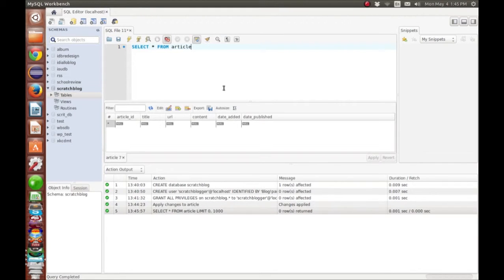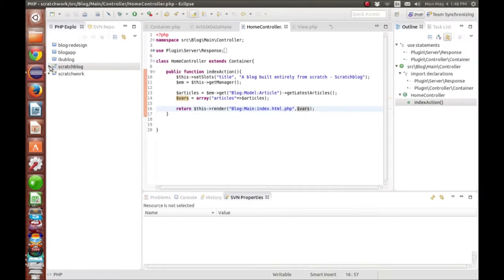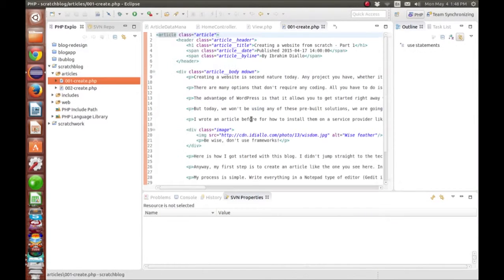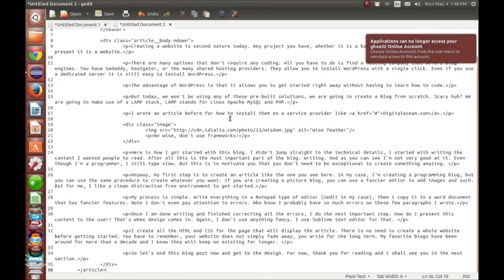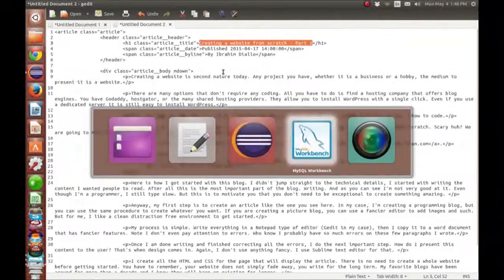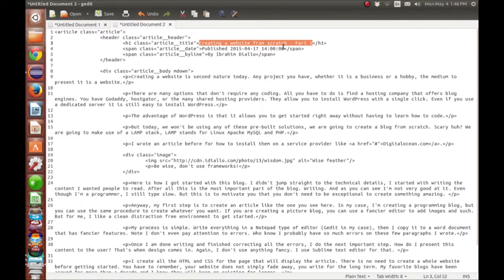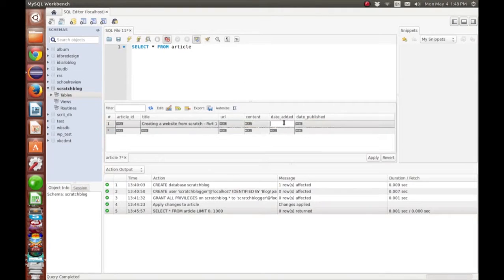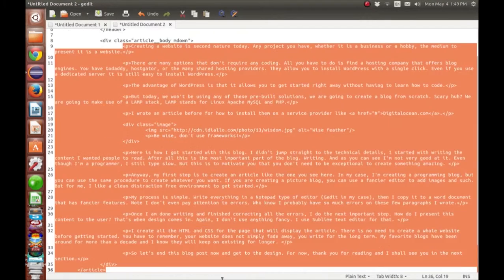I'm going to test it. We can access this data even though it's empty. So the first thing I'm going to do is go to our old application and copy the blog post that we wrote. I'm just going to copy the title, the date it was published, and the content. That's all that's going to be needed here. The URL is just the way it's going to be displayed on the URL over there. So it's going to be